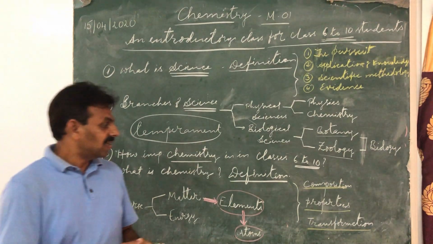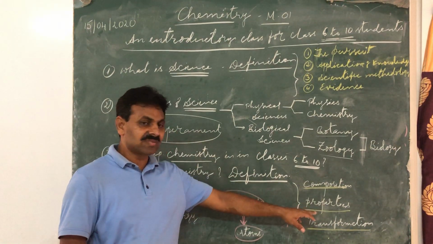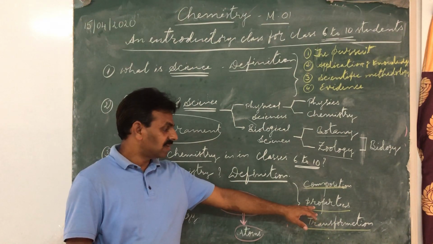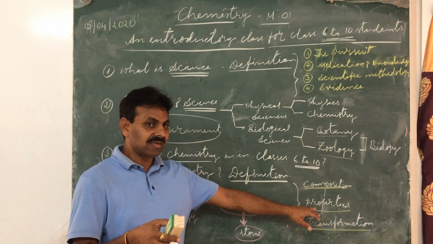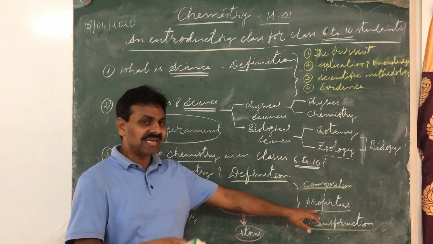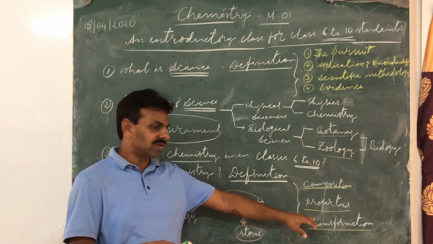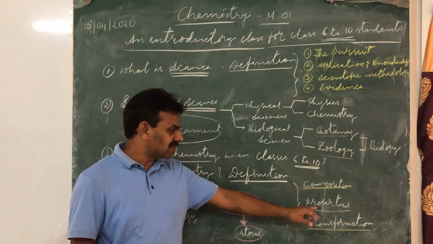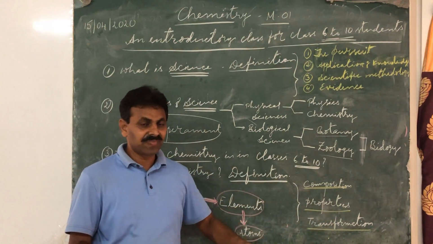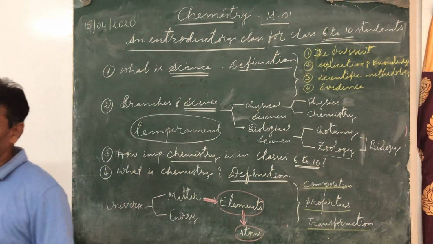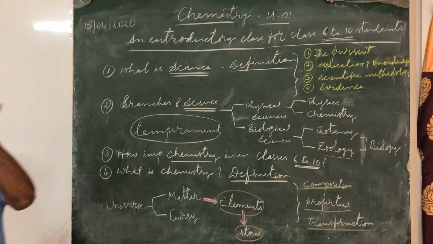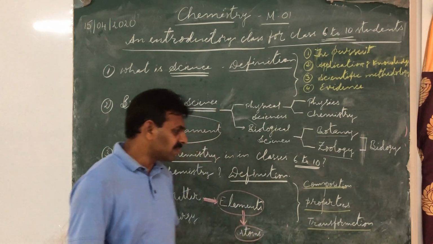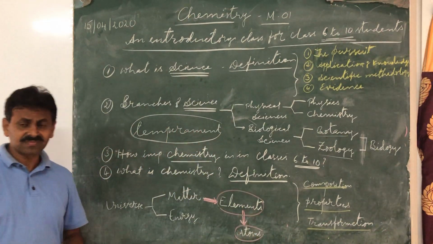Like that, if you know the properties, color, weight, hardness, conductivity, melting point, there are so many properties for substances. That's nothing but properties. How do they look like? What are they? Whether they are hard or soft, and so on and so forth. The last one is transformation.